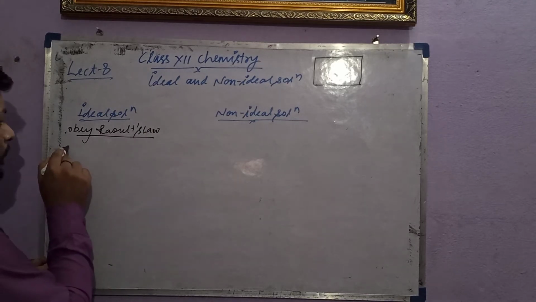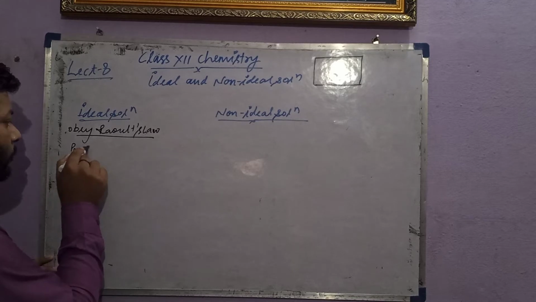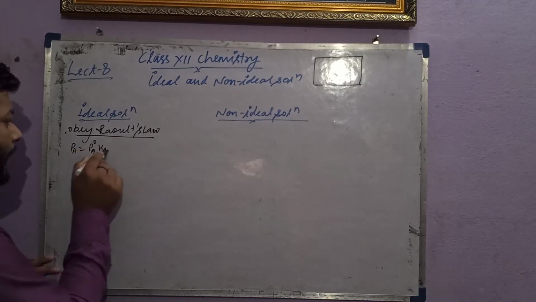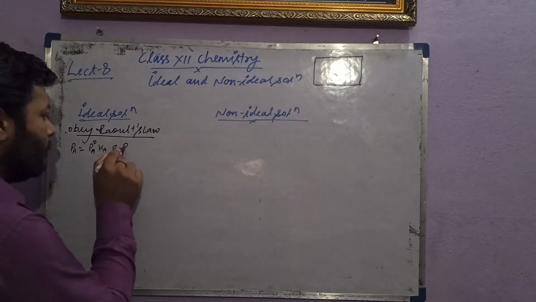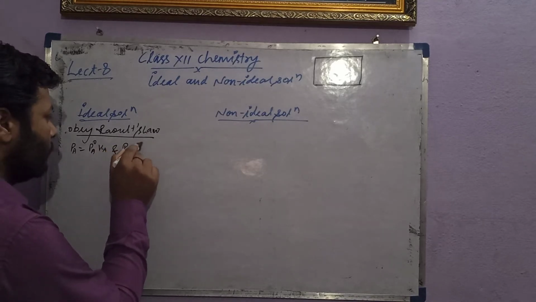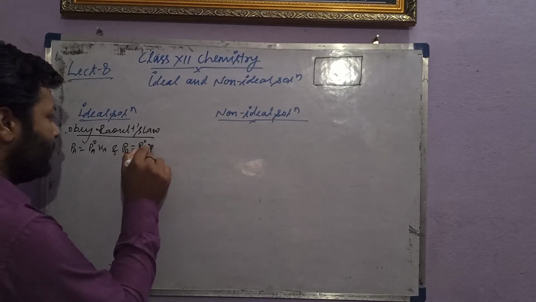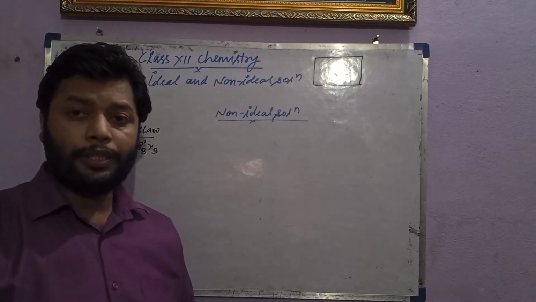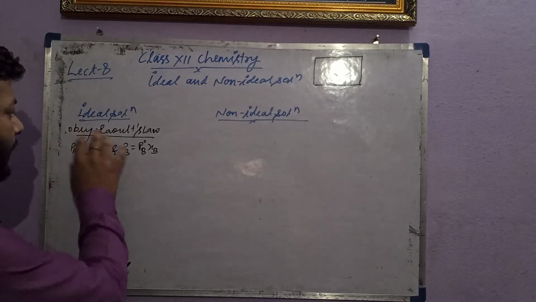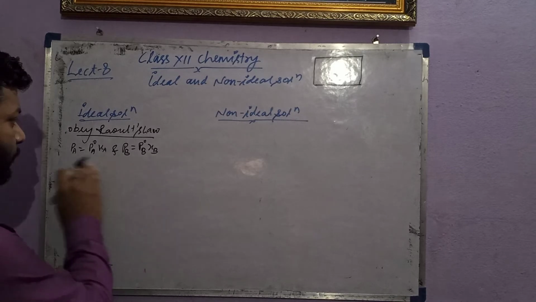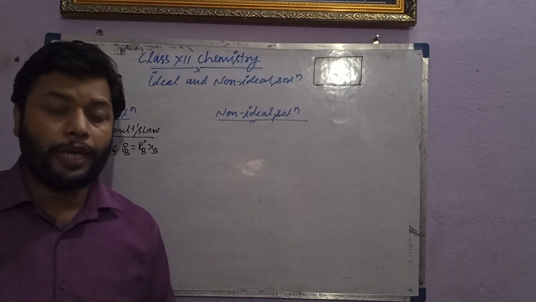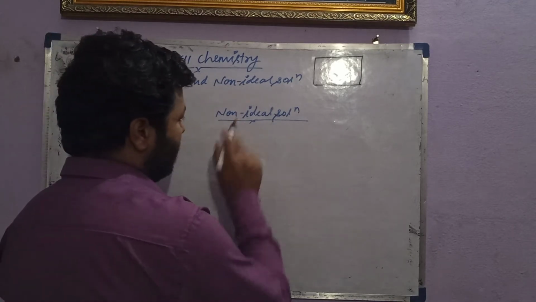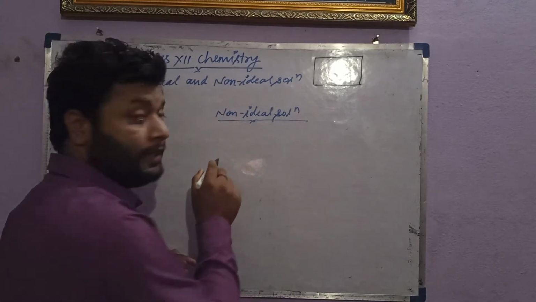Raoult's law means PA is equal to P naught A XA and PB is equal to P naught B XB. So all those solutions which obey Raoult's law and follow this mathematical expression are called ideal solutions. But that is not the only concept. Wait for the twist. Non-ideal solution means